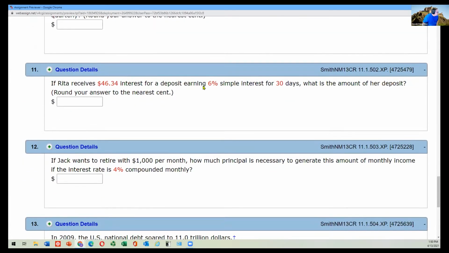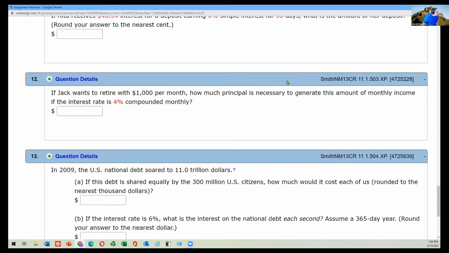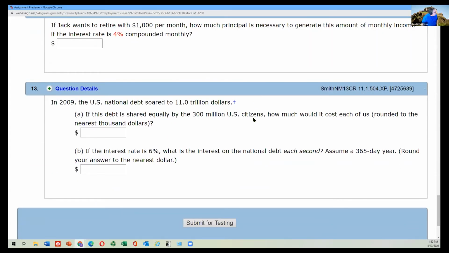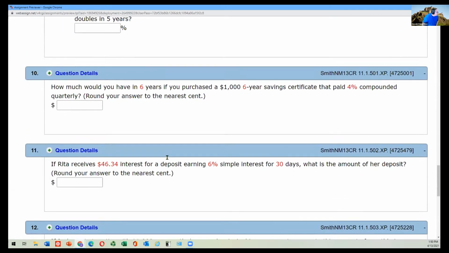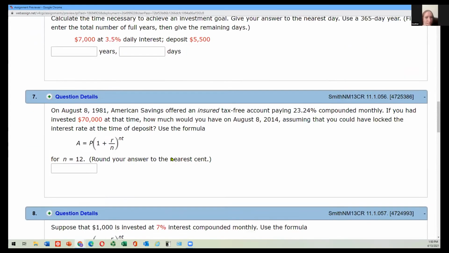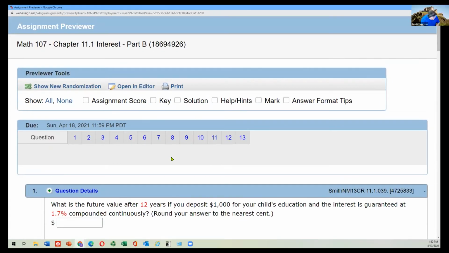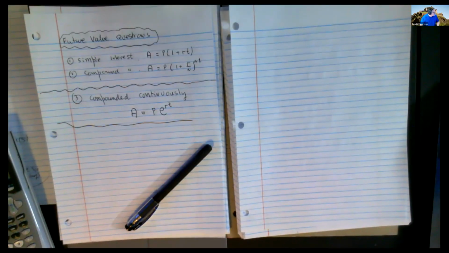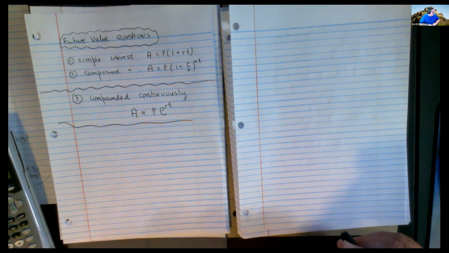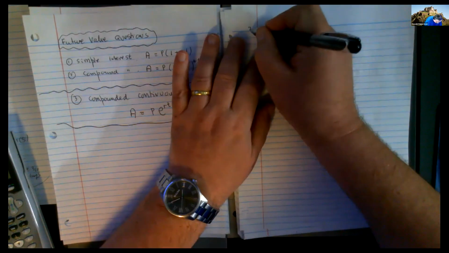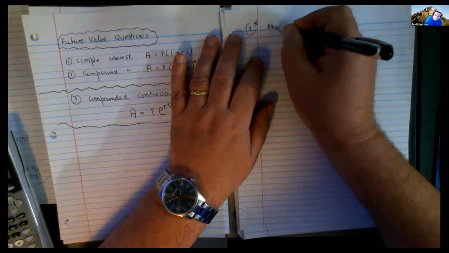Question 10 is one of the ones we've done today. 11 is one of those. 12 is one of those. Okay, we've got quite a few. So 10, 11, 12, and question 1. That looks like the ones that are similar to what we just covered. So I'm now going to leave this and talk about some of the other kinds of things that you're asked to do in that section. Question 2 from Part B homework